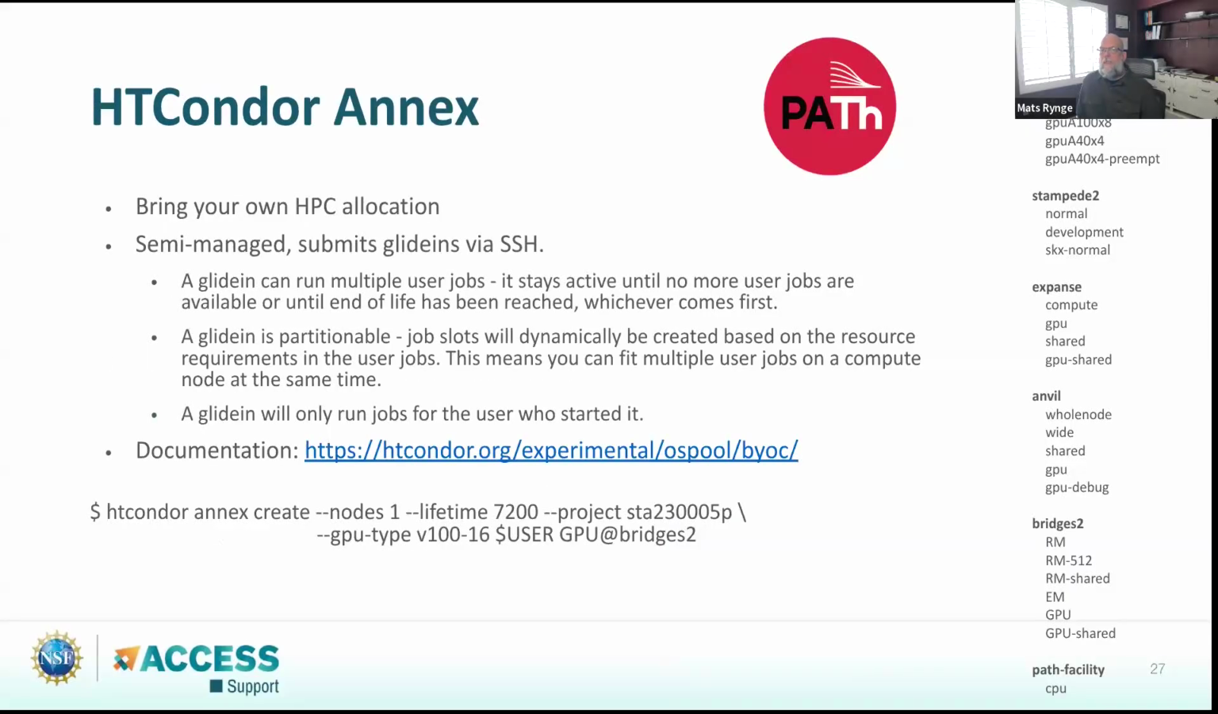If you have HPC resources, you will see here that HTCondor Annex is a tool that knows about a bunch of systems in Access and NAIRR. So the Delta cluster, Stampede, Expanse, Anvil, Bridges 2, and it knows about all these different queues. So the neat thing about this being pre-configured is that it's pretty easy to start